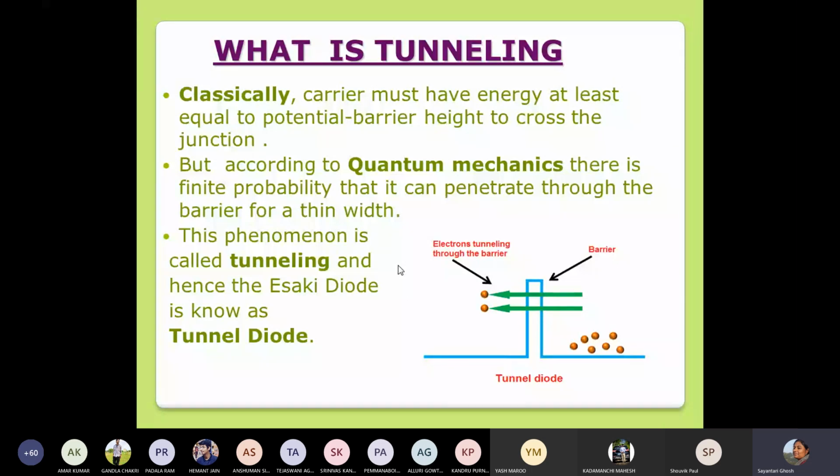So is this picture clear? What I am trying to convey is that if you have a quantum mechanical picture where a particle can be identified with a wave, there is a certain probability that though the barrier is quite high for the ball to cross, the ball could be on the other side of the barrier because it's a wave. Okay, so is this idea at least vaguely clear?